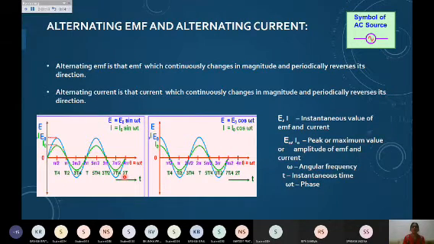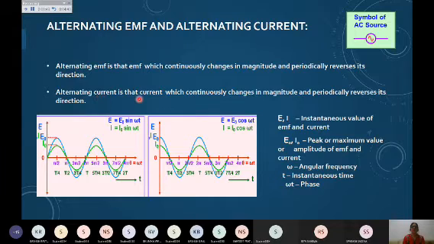Theta is given by omega t. So all that is your previous knowledge, that in circular motion we are taking it to help ourselves, or otherwise I can write in terms of the time period, T by 4, T by 2, 3T by 2. I have taken all this graph in the AC generator when I get the output. So when I have to define alternating current, that is important of course.